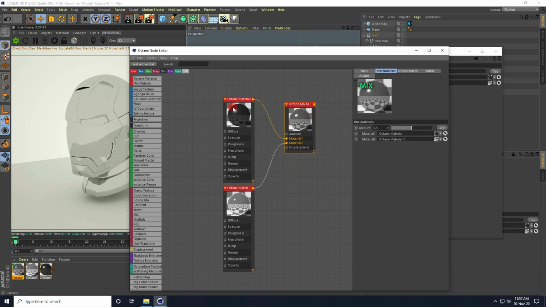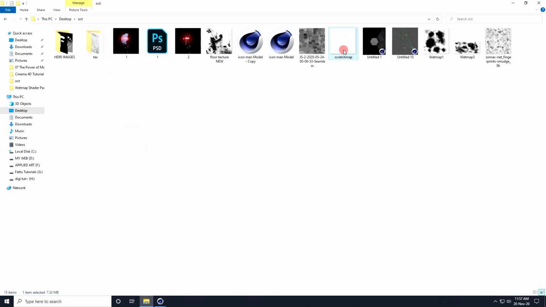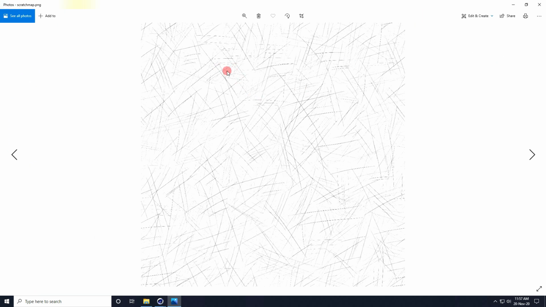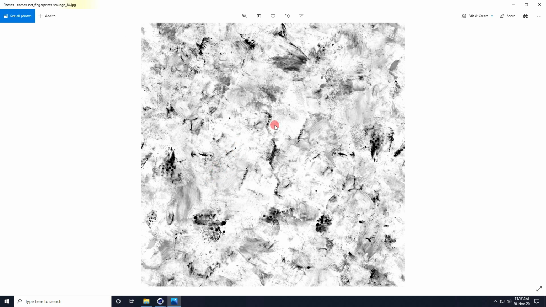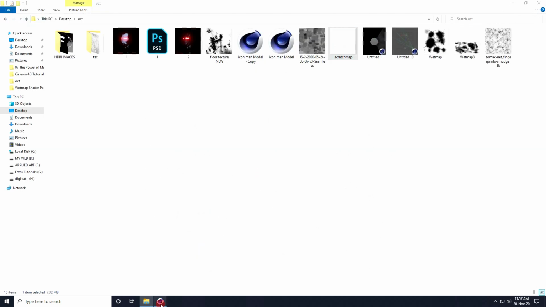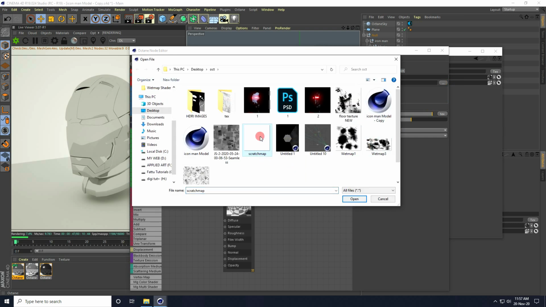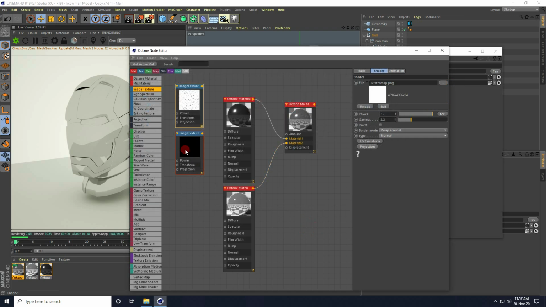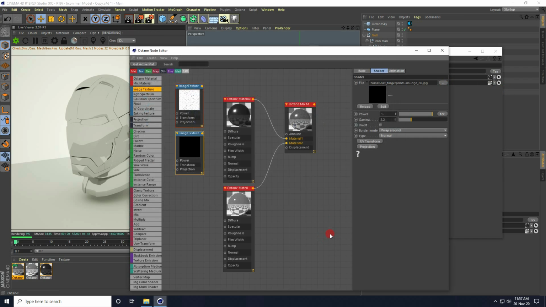Okay, so now go to here, image texture, drag and drop. Yes, and again image texture. I have some textures, I show you. See guys, that's my simple scratch texture, this one, right? And go to here, select this image texture. Apply scratch effect, this one. Yes, and select this one and apply second one, right?